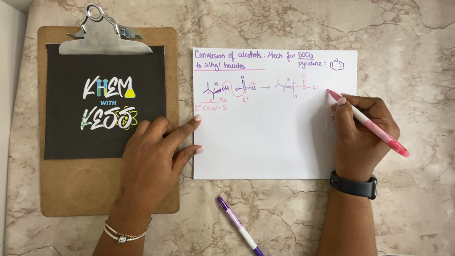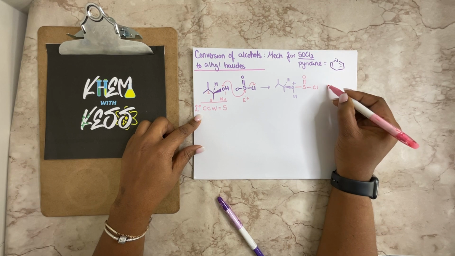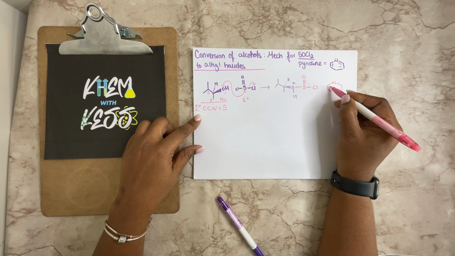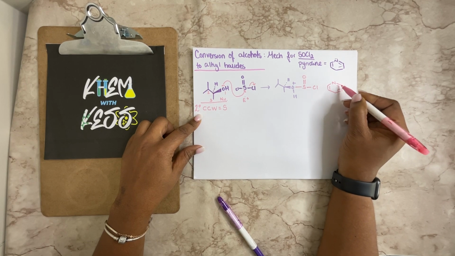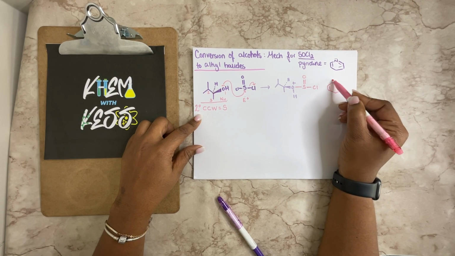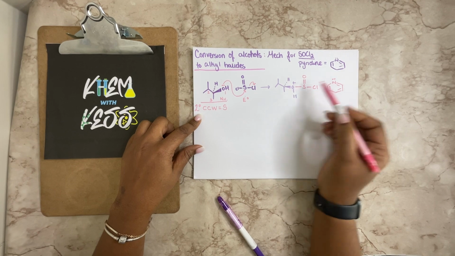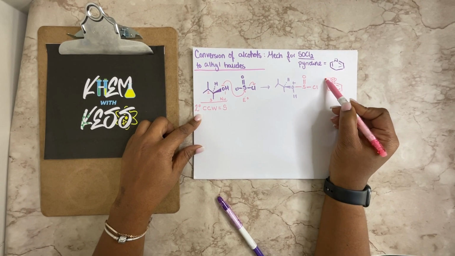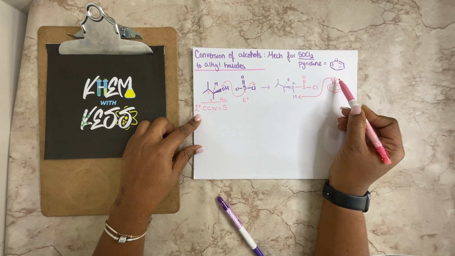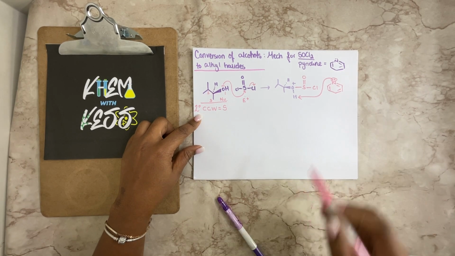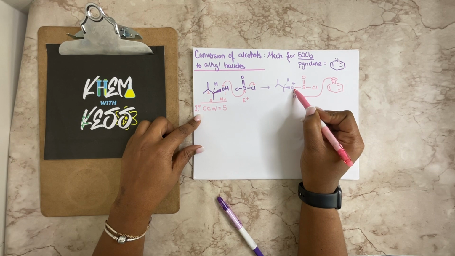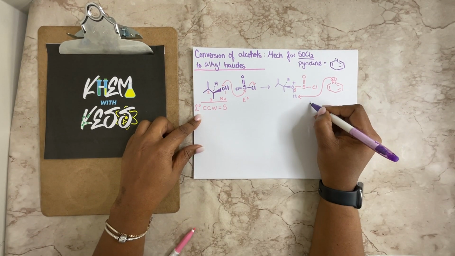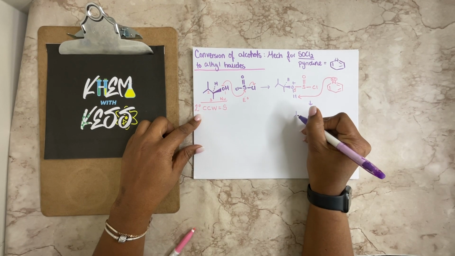Now, the next part is using the pyridine, which is this structure. We're going to use this to stabilize the oxygen. So we're going to put oxygen back to having a neutral charge, which means this will grab the hydrogen because that's acting as your new nucleophile, and then it will break the bond onto the oxygen, giving you now